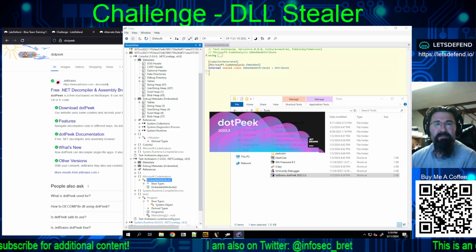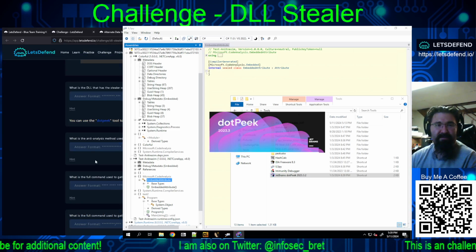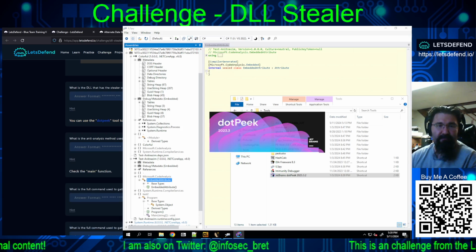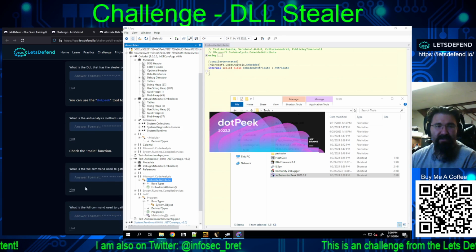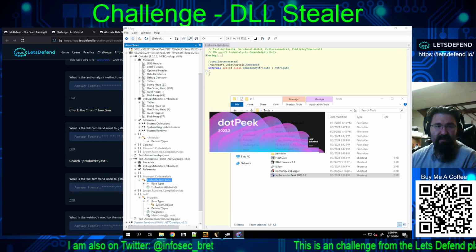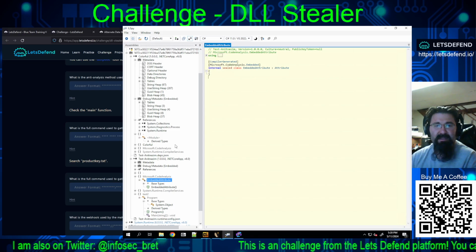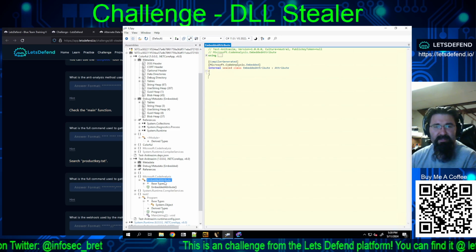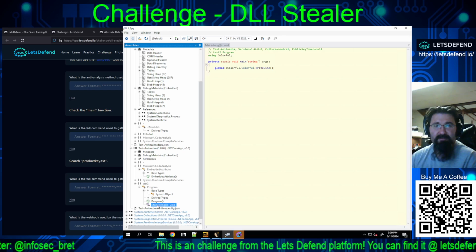Okay, well, while you're doing that, what else do we have? So that's in order to break out any DLLs that would be there. And then we're checking out the main function, and we're searching for product key. So while you're doing that, was there a main in here even? Metadata references, main string,